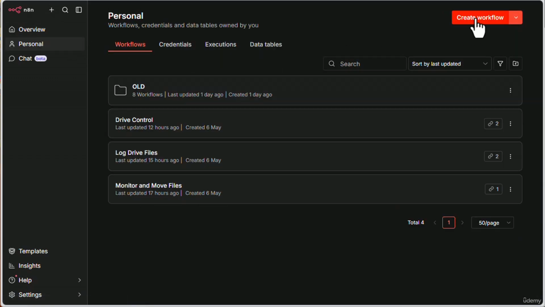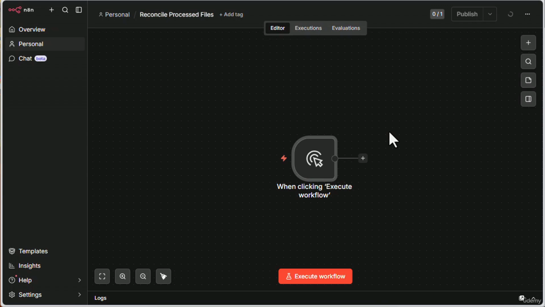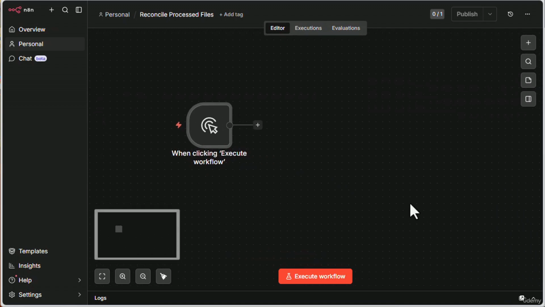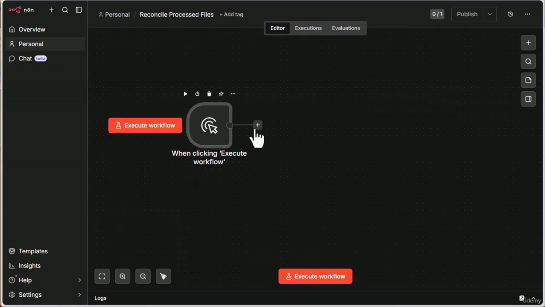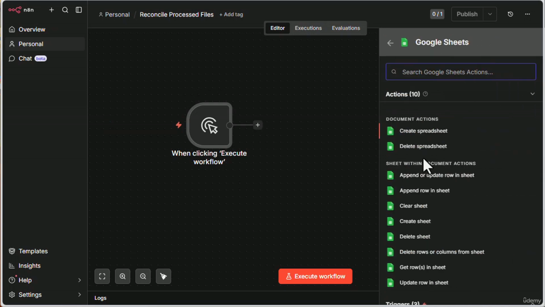And we're going to create a new workflow, and we'll call it reconcile processed files, and we'll add a manual trigger. Now obviously if this was a real automation, you'd probably want to have a trigger that polls the files at specific times. You wouldn't have to run this manually, but for the purpose of this, a manual trigger is going to be easier for us. We now need to include a sheet, so let's grab one,